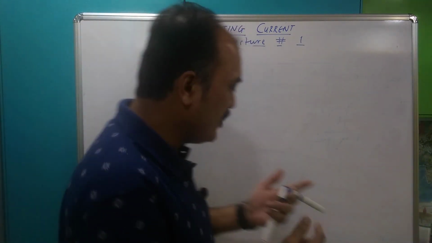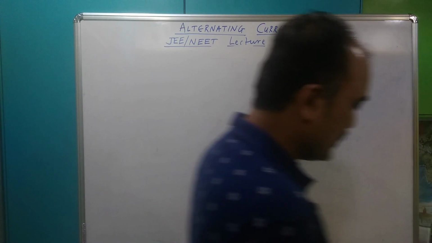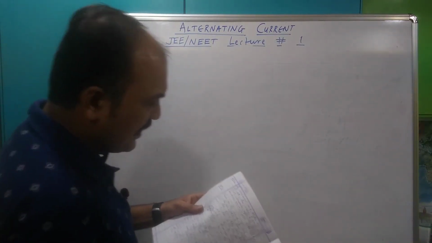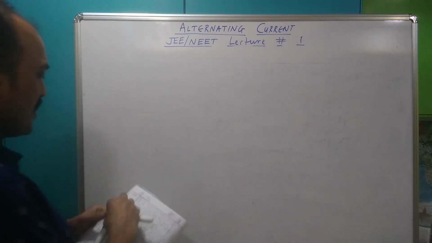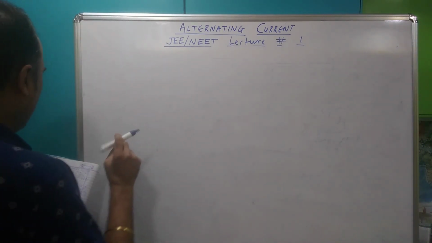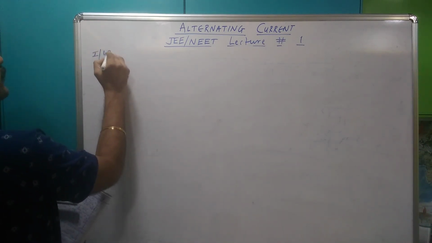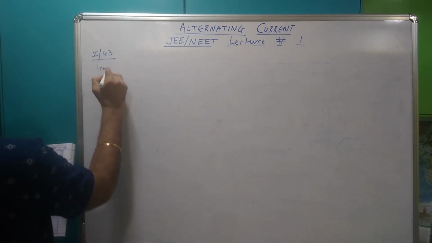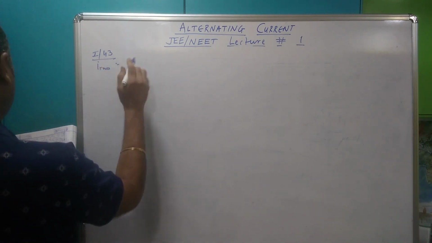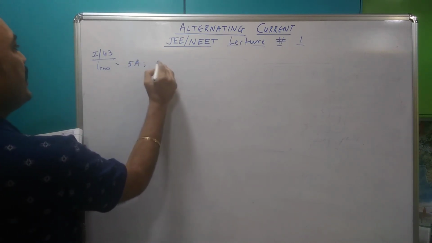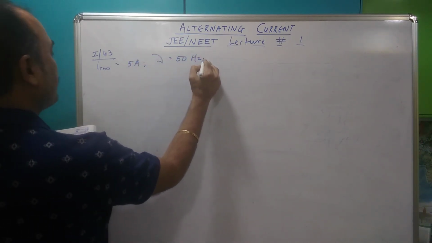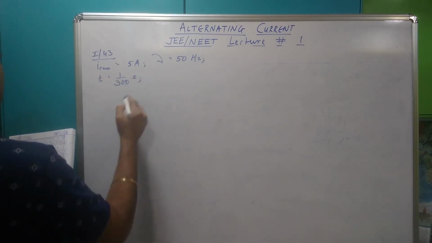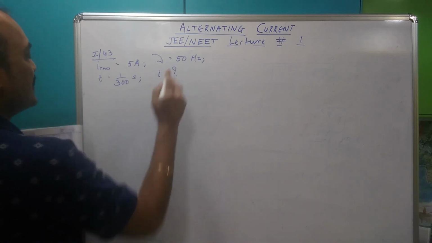Okay, we start doing numericals from the Arihant's Master Resource Book in physics, and I have it right here. This is not the Arihant Master Resource Book, but this is a very lovely representation of the same. I start with round 1 ka 43. A very standard question. The RMS current, IRMS, is 5 ampere, and the frequency nu is 50 hertz. The value of current at t equal to 1 by 300 second after its value becomes 0. What is the value of I? This is what they've asked us.